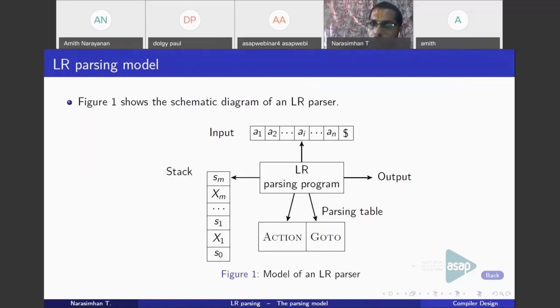Remember, bottom-up parsing is reducing the input string to the start symbol. So whatever productions are being used in the reduction process, you can just list out the various productions. That could be another form of the output. So the output could be the result of some expression evaluation, or just the display or listing of the various productions used in the reduction process.